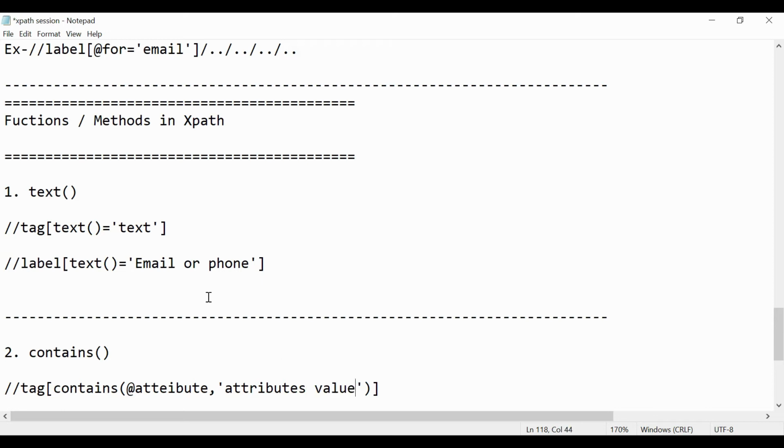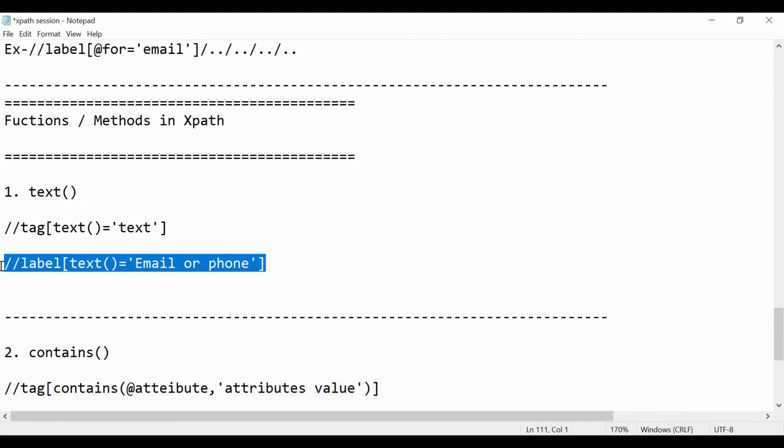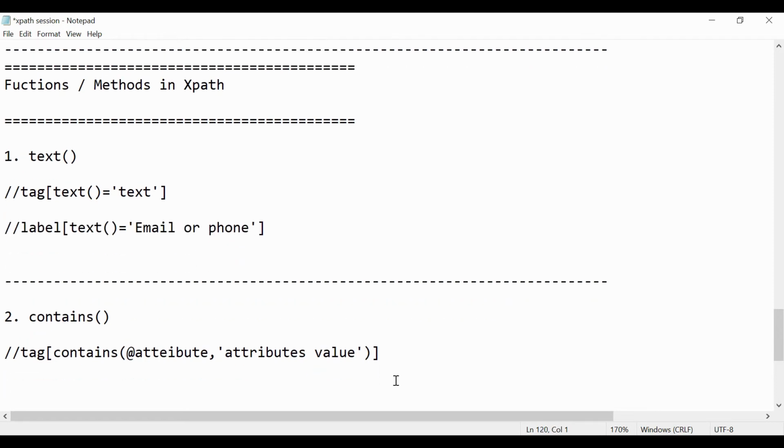A small difference is there between these two. In the basic syntax of XPath we are using @attribute equal to attribute's value. Here you are using the comma. So let us see an example using the same syntax. Here we will create our XPath, and then we will use Control F and see if it is correct or not.